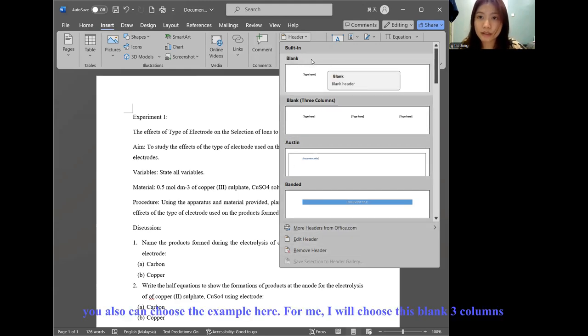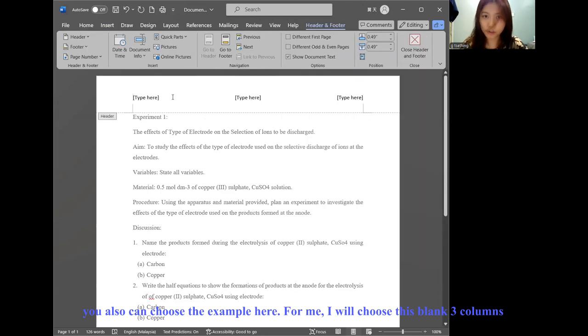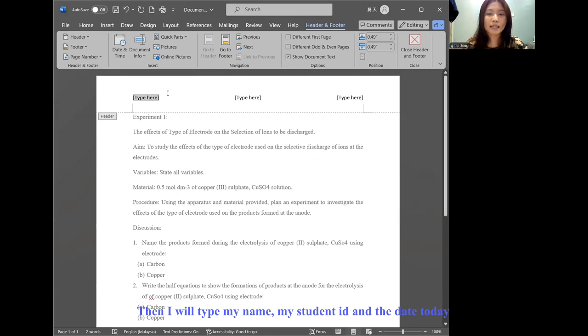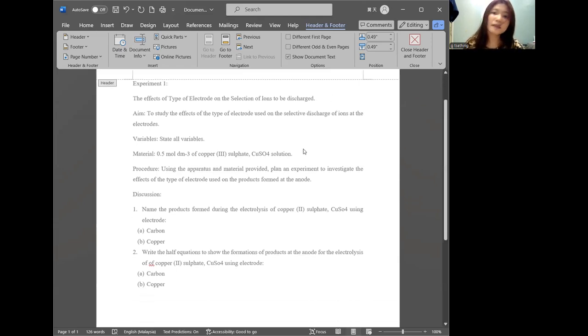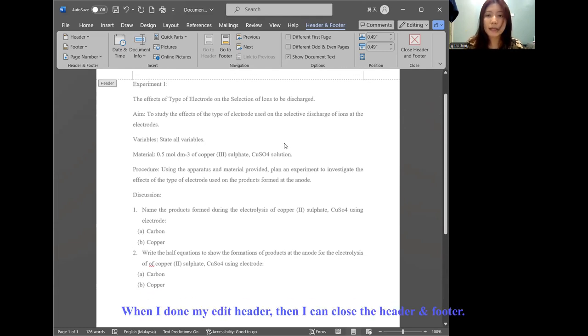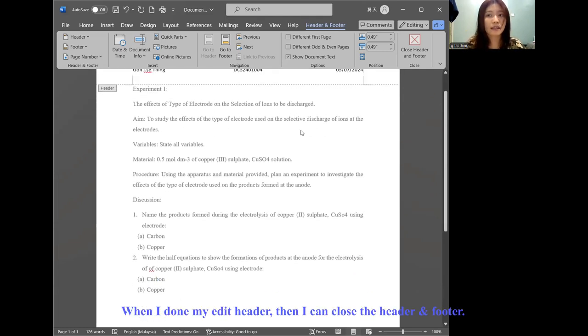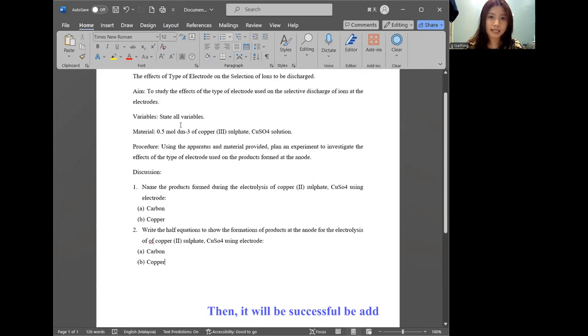You also can choose the example here. For me, I will choose this three column. Then I will type my name, my student ID, and the date today. When I am done editing the header, then I can close the header and footer, and it will be successfully